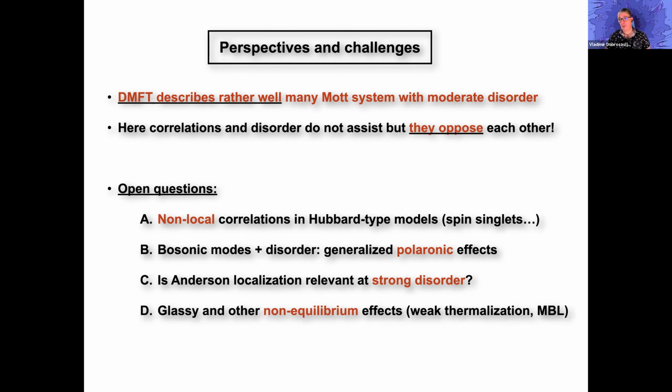This is a challenge now for the future: to add cluster corrections, intersite corrections to DMFT. This is something where really monumental work has been done by Mark Jarrell and his group, that is now continued with Anya and other collaborators, where beautiful cluster methods can be used to go beyond the single-site approximation. There are other interactions, as Yang pointed out. There are long-range Coulomb interactions, there are electron-phonon interactions, and those other interactions, which we didn't even talk about here, are probably dominant in systems which are not close to the Mott transition.